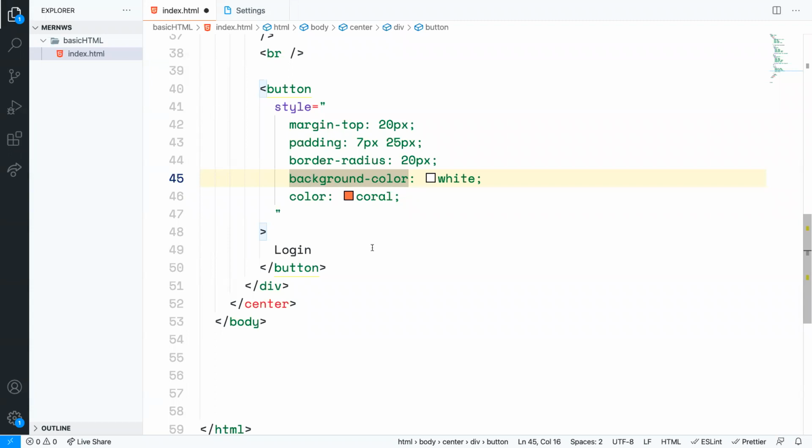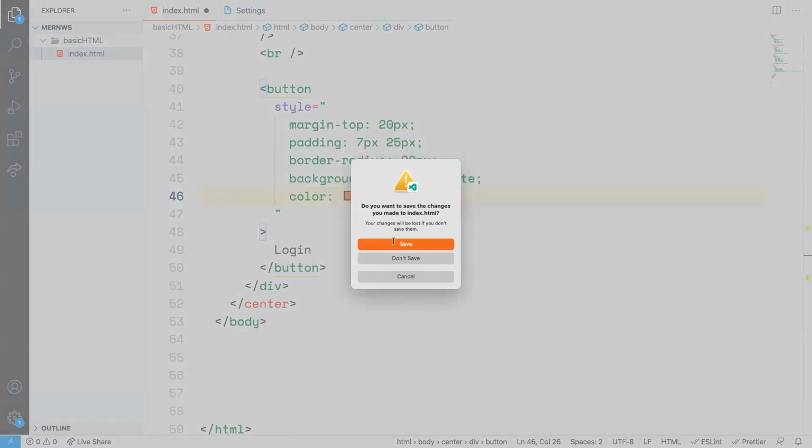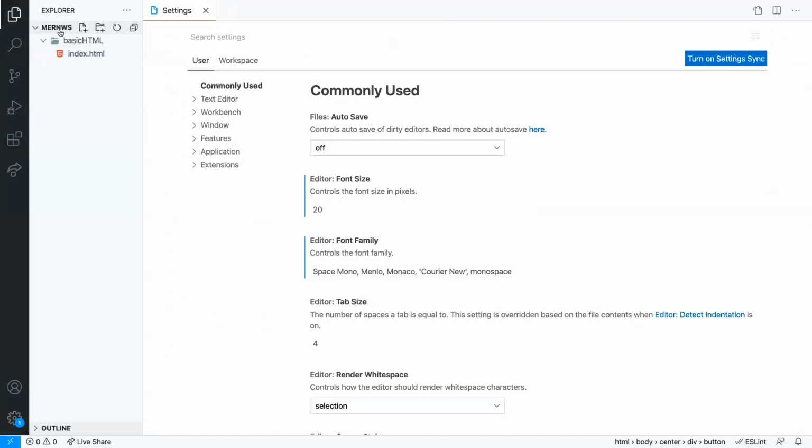Okay, great. So let's jump in. What I'm doing here, I'm just going to close this HTML file. Inside this MERN workshop, I'm creating one folder, and my folder name is basic JS, basic JavaScript. Inside this basic JavaScript folder, I'm creating one file, and that file name is